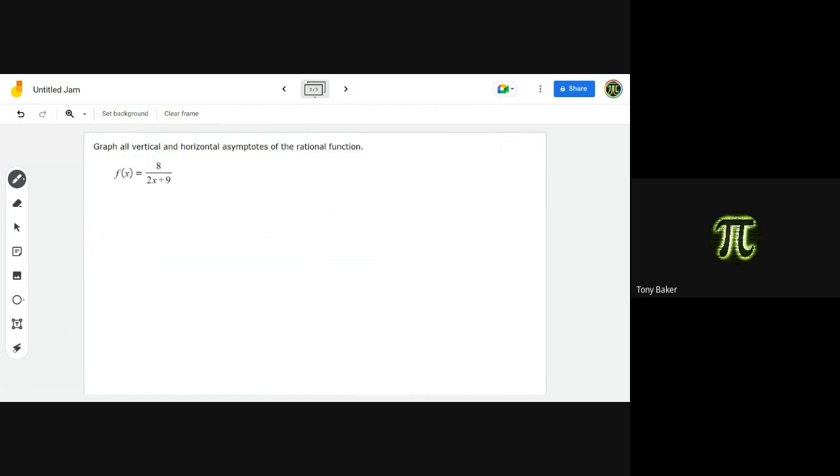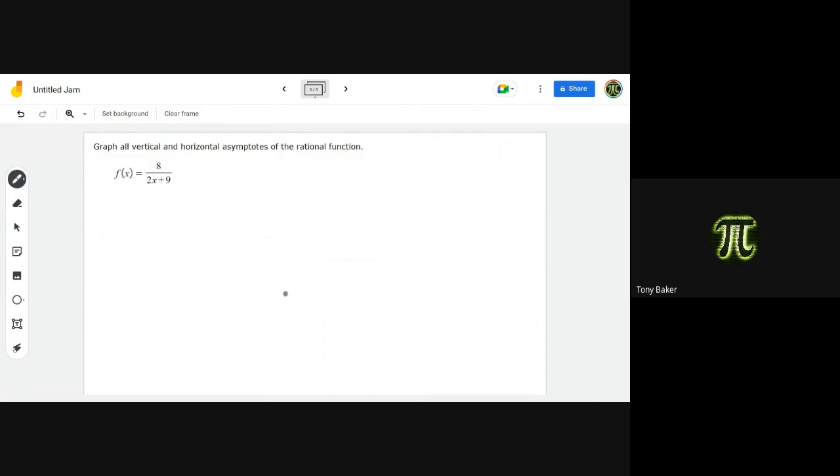How do I find my vertical asymptotes? That's horizontal. Yeah, it's the zeros of the denominator. So it's basically my domain restrictions. The only time that it's not going to be a vertical asymptote is if I can cancel it out and it'll be a hole. But typically you just look at the denominators